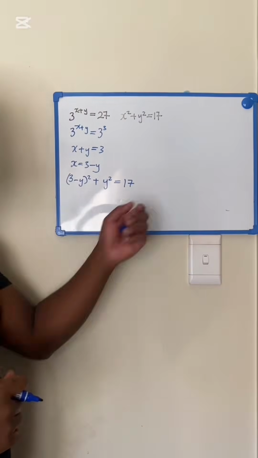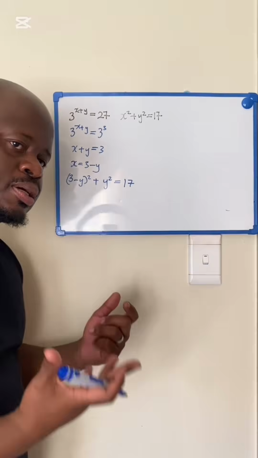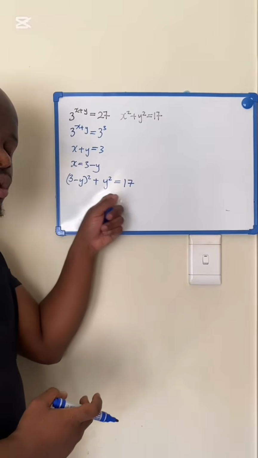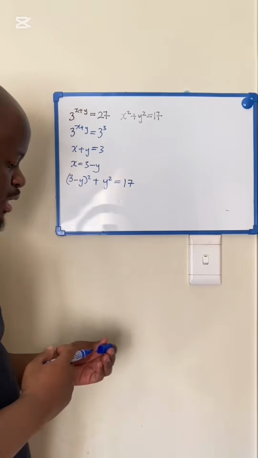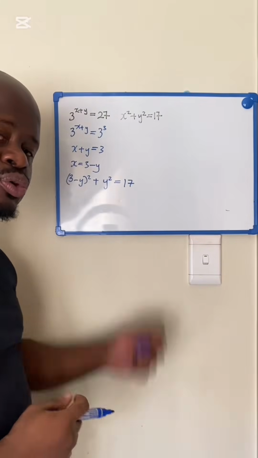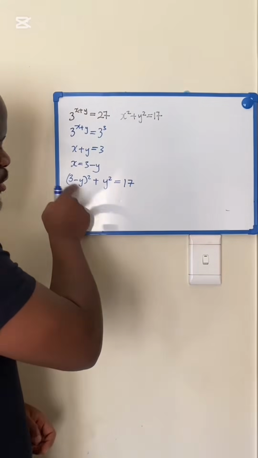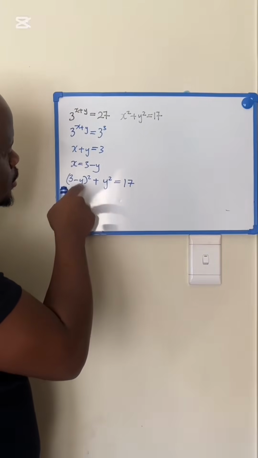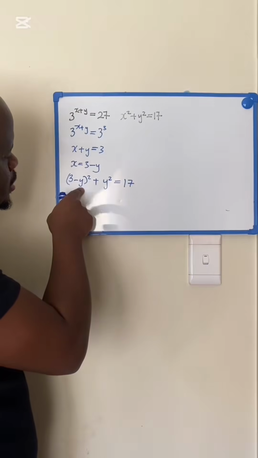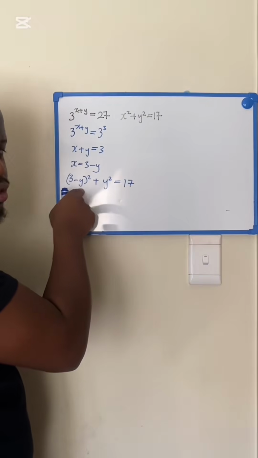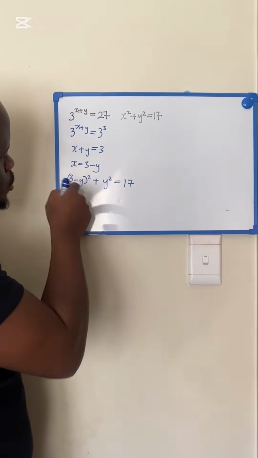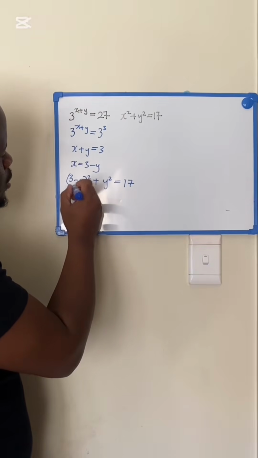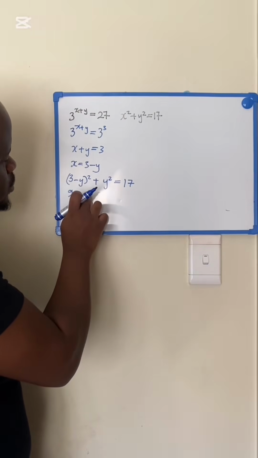And then, as you can see, this is going to be a quadratic equation because of the square there, and also the square, so it means the highest power of y here is going to be a square. And so we are going to expect 2 solutions for y. But first, we need to simplify this bracket. The shortcut of squaring: you square the first one and the second one, and then 2 times the terms inside, right? So let's do that. So 3 squared, that is 9, right? And then y squared, okay, because I want to write the middle term in the middle,